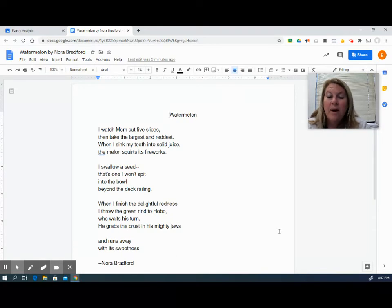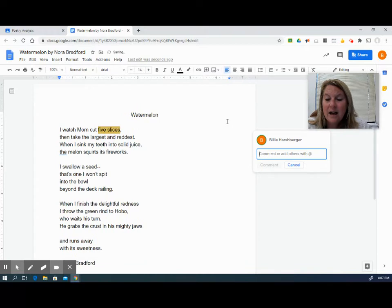And so if I were going back into this poem, I might take a look at these words, 5 slices, because that allows me to see how many slices there are. I can see this. The other thing that I can see is the bowl, and I can see the knife that she's using, and I can hear the sound that a watermelon makes when you slice into it. And none of those details are really there. It's just because she gives me the detail, my brain latches on to that, and then it starts building from that. So I went up here and I clicked the add comment button, and I'm going to write